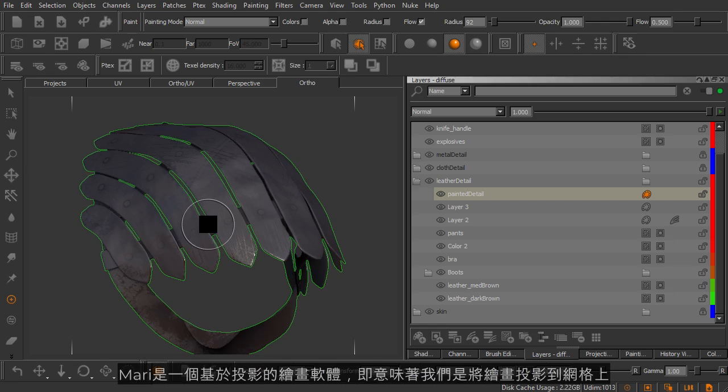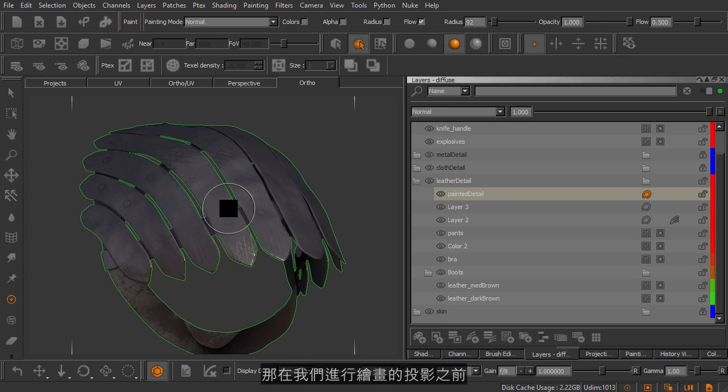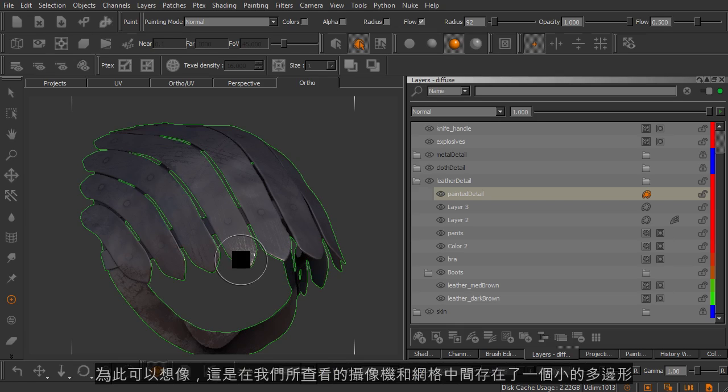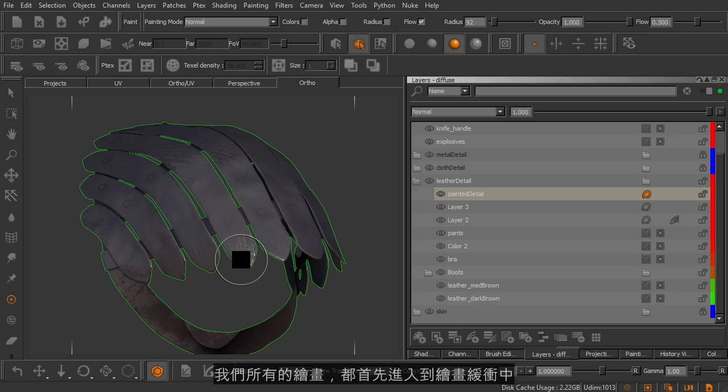Now, MARI is a projection-based painter, meaning that we project paint onto the mesh. Before we project that paint, we always paint that paint into the paint buffer. So just imagine this little polygon that exists between our camera and this mesh that we're looking at, and know that when we paint, it all goes into that paint buffer until we bake that paint down onto the surfaces